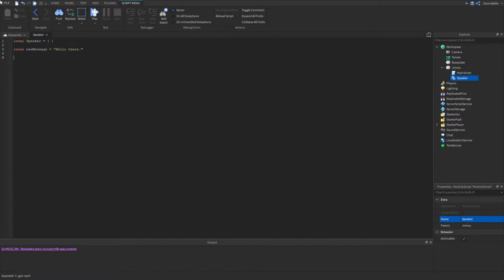At the end of the script, you'll need to add a return and then the name of the table you created at the top. This is very important as it tells the computer that the module ends there and to allow the main script to return to functioning.